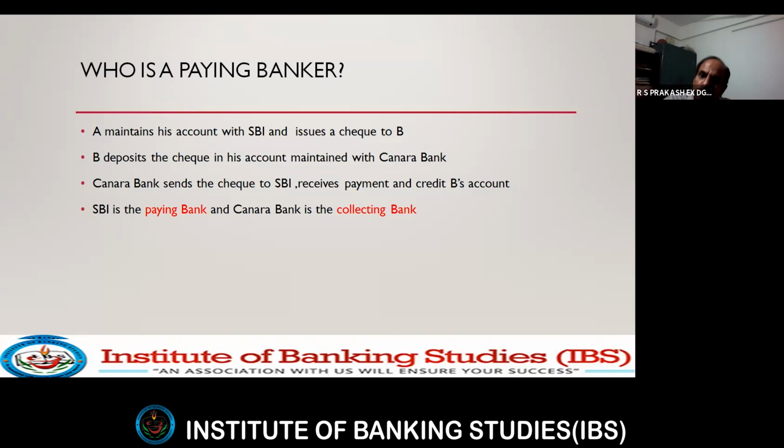Check is also a bill of exchange drawn on a banker. The only difference between a bill of exchange and a check is that even though both are bills of exchange, unlike a bill of exchange, a check is drawn on a particular banker. There are three parties to a check: drawer, drawee, payee. Drawer is the one who draws the instrument or who makes the instrument, or in simple terms, an account holder to whose account the amount is going to be debited is called the drawer.